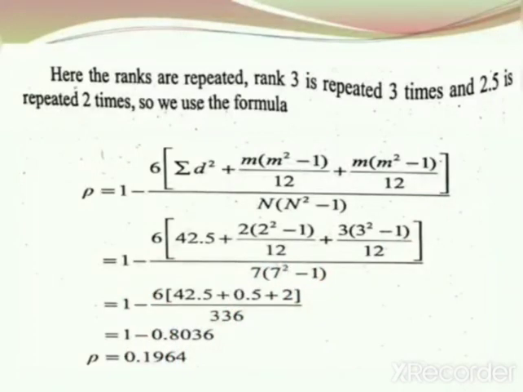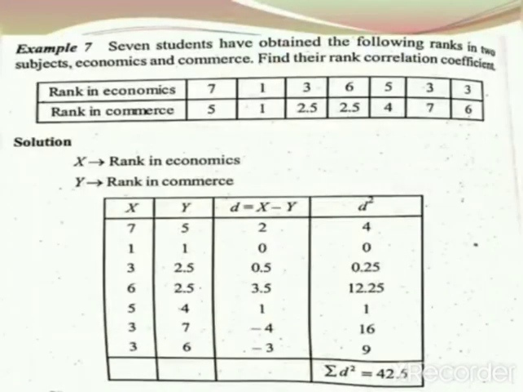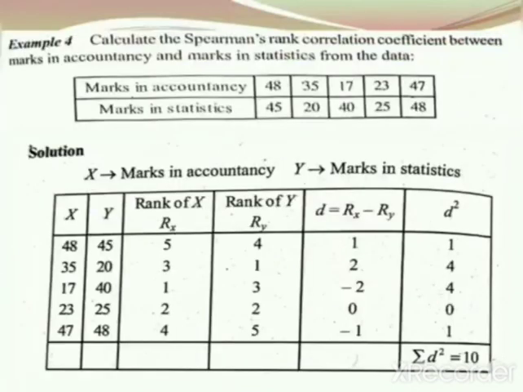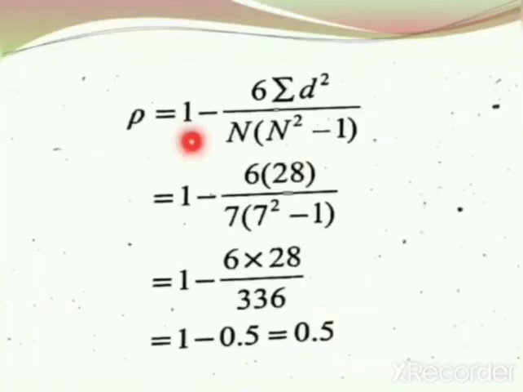So you have to remember the formula in rank correlation: 1 minus the division term, 6 summation d square divided by n of n square minus 1. You should not divide the whole term, 1 minus 6 summation d square, the whole thing, by n of n square minus 1. Not like that. You have to remember 1 minus 6 summation d square divided by n of n square minus 1.